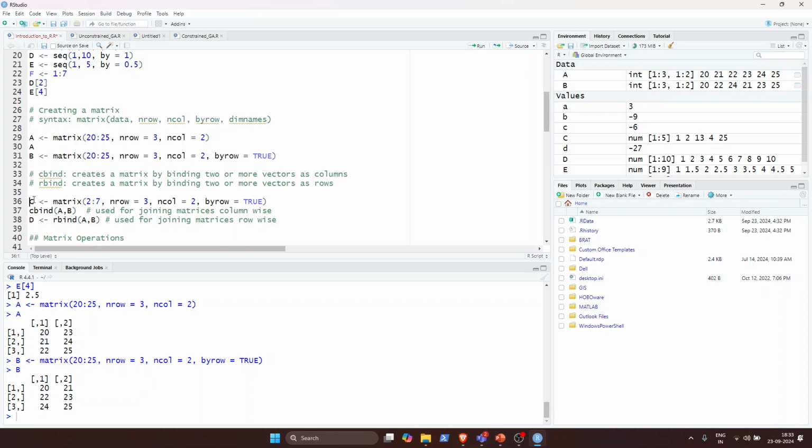So C is what? Let's create another variable, that is C equals matrix of 2 to 7. So the sequence will be 2 to 7, which means 2 3 4 5 6 and 7. Again 6 values we have considered, number of rows is 3, number of columns is 2, and byrow is equals to true. This means it should create the sequence by rows. In the first row it will be 2 3, second row 4 5, third row 6 7. Correct? So we'll just run this line,